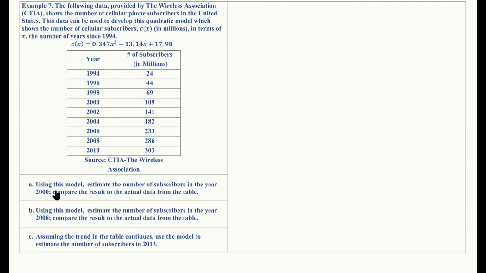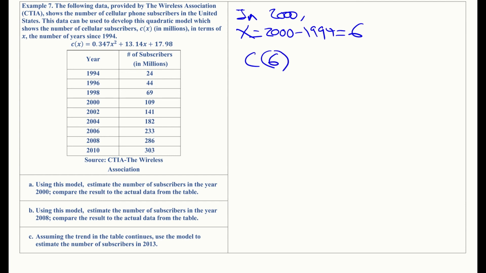So using this model, estimate the number of subscribers in the year 2000. So for 2000, we want to know what X is, right? In 2000, X is going to be 2000 minus 1994, right? Which is what? 6. So now we know the X value that we have to plug into that equation. So we're trying to find C of 6, which is going to be